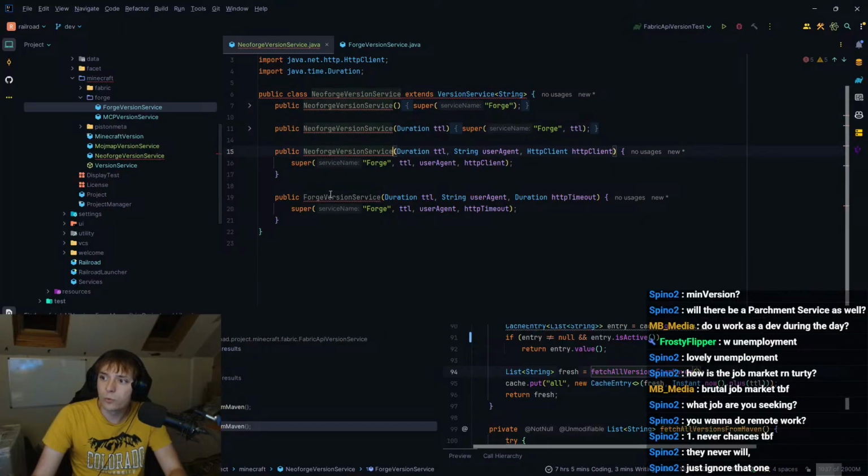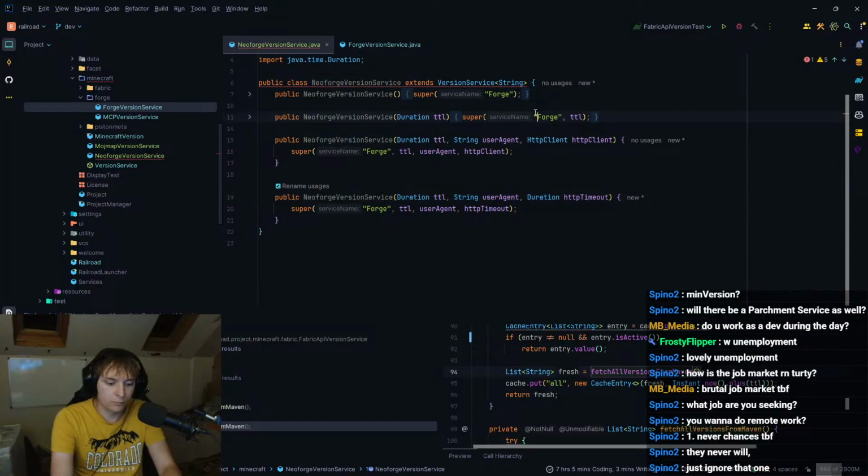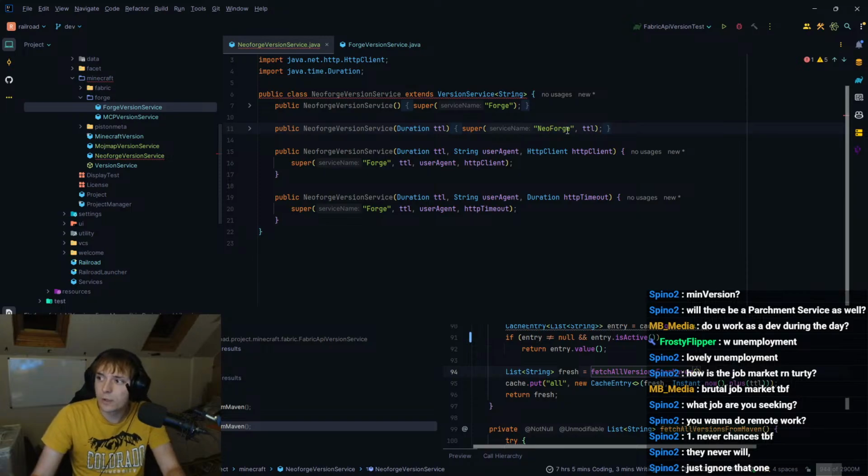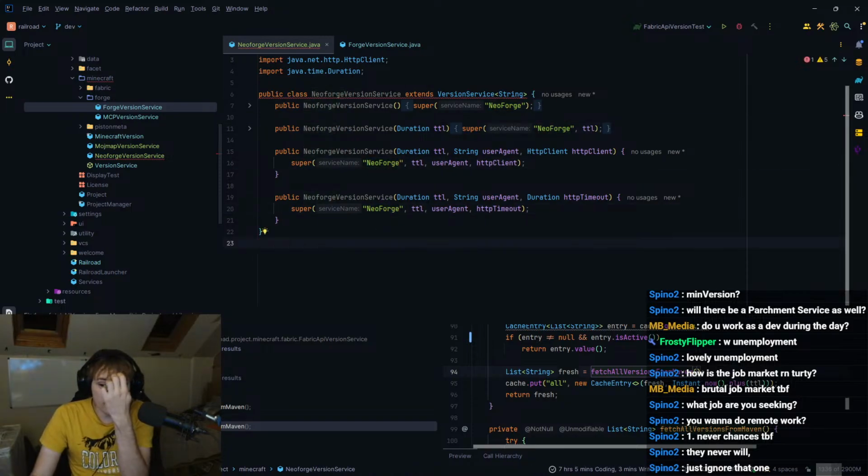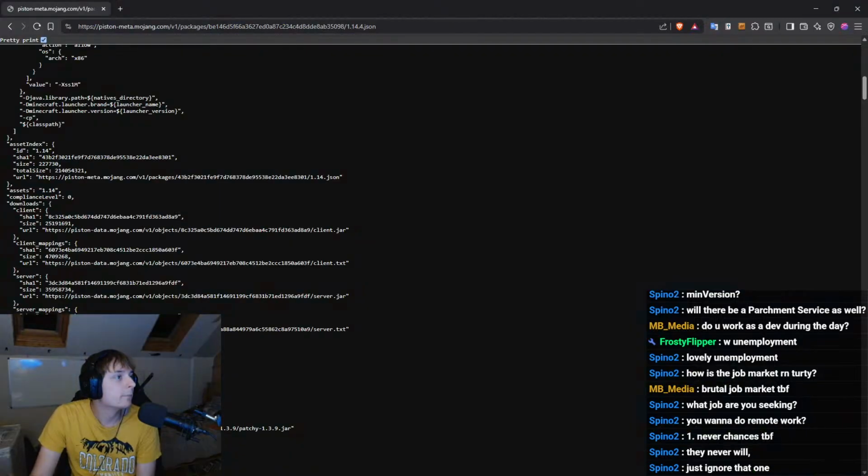Boom, boom, boom, boom. NeoForge. I guess we do it like that. I don't think they even have an internal scheme that's consistent. That's the thing, man. They have no consistency.